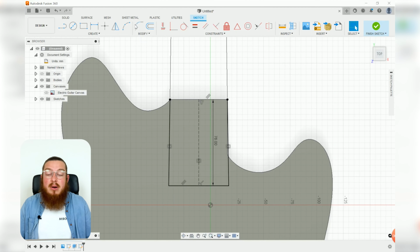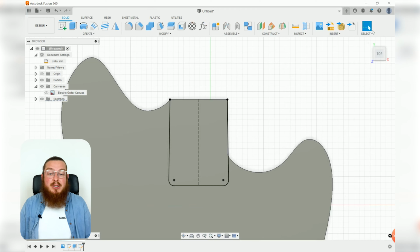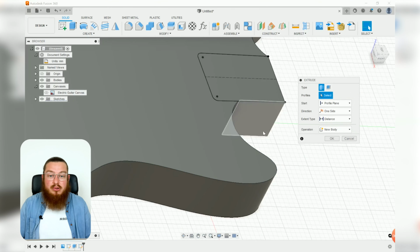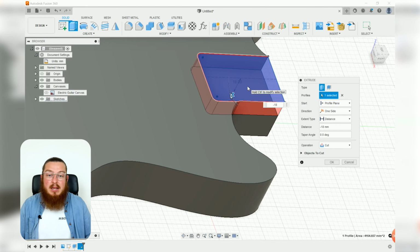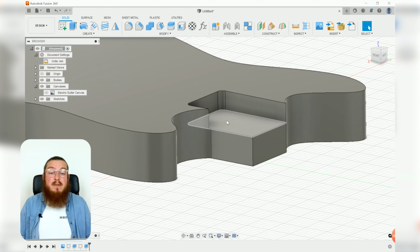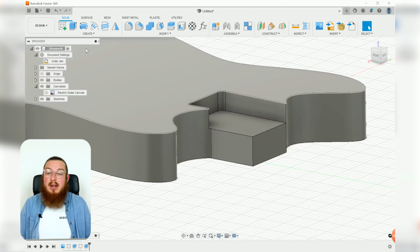We also want to be adding on some 5mm fillets to either of these edges. 5mm, perfect. Then we can just hit finish sketch. Then getting more of a 3-dimensional view, we want to extrude this negative 18mm downwards. We also want to be making the 4 holes in this section, so let's make a new sketch